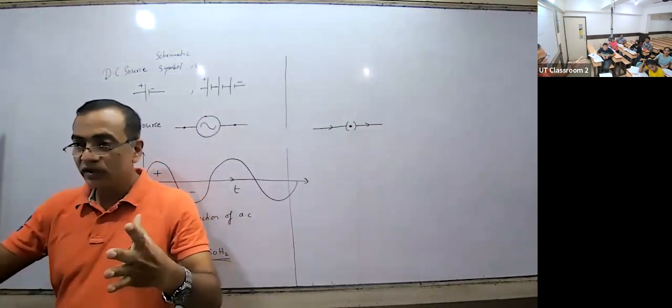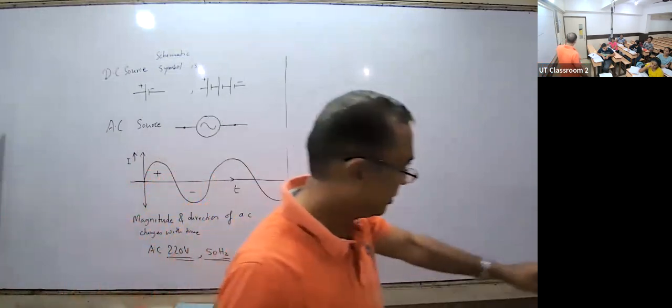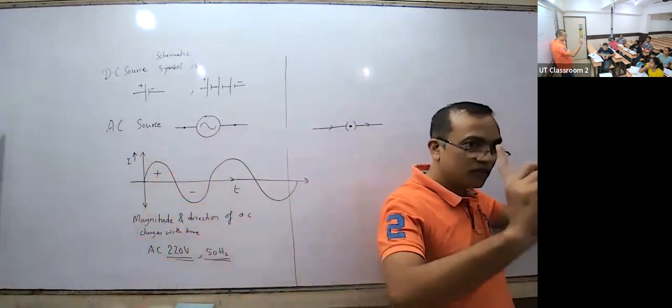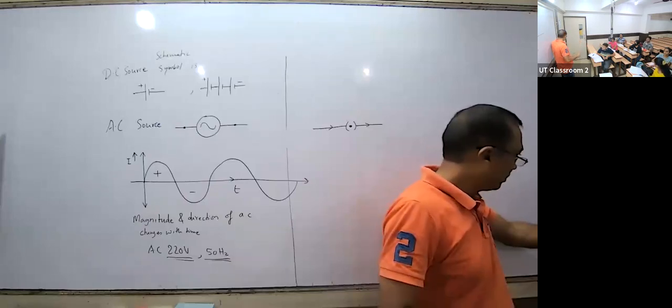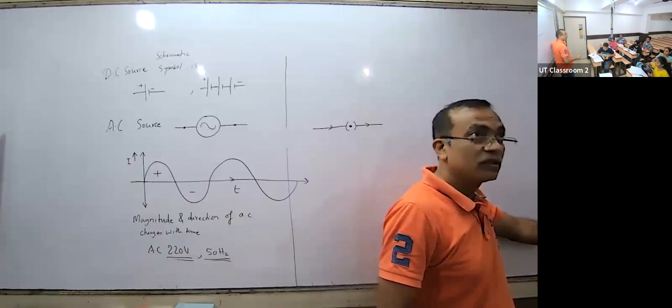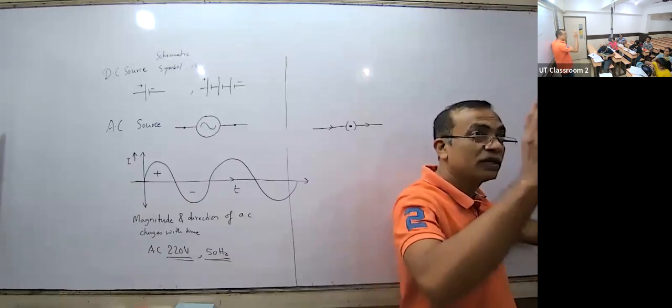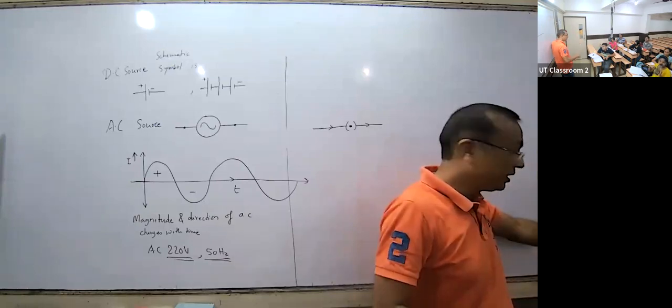What is resistance? Obstruction to the flow of current. What is the resistance here? This. The fan rotates fast when the resistance is less. So when we increase the speed, we are reducing the resistance. Okay, this is the variable resistance. So it is used to regulate the current to permit more or less current. So when we increase the resistance,